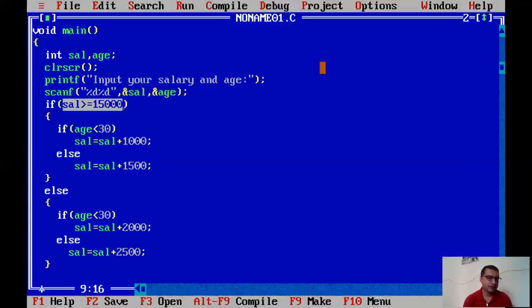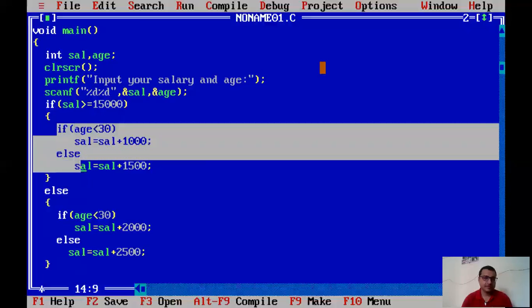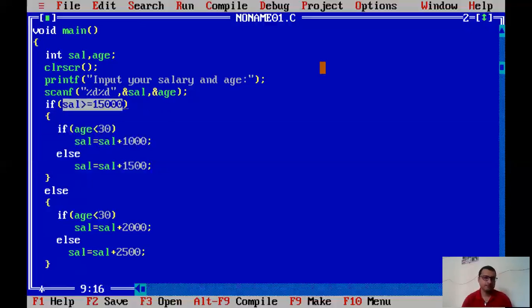And the worst case is when all the conditions are to be tested, and this condition is going to be tested again and again. But what is happening here? For these two cases, how many cases have we covered here? For these two possibilities, I'm going to test this condition only once. That is the main advantage of using nesting. Obviously, the program becomes a bit complex, but yes, it would run faster in the worst case.